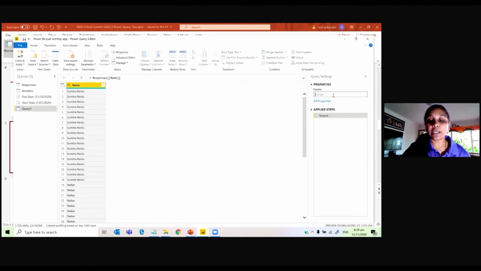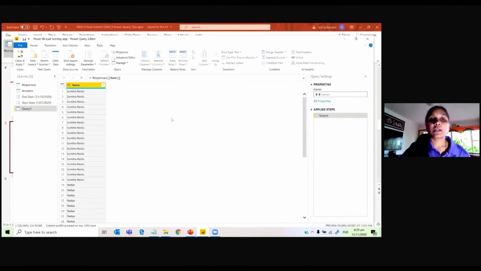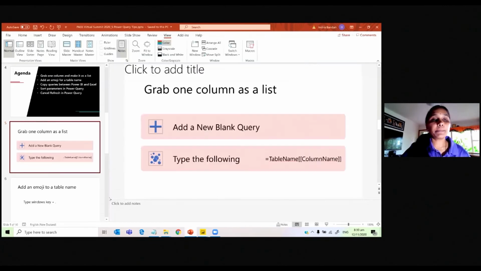So I will just type Windows key and dot key, and you have all the emojis. You can choose whatever emoji you want to add to that. So I'm just going to add a rose. So I have added a couple of roses. So that's how you can do the emojis. If you go into the next tip,